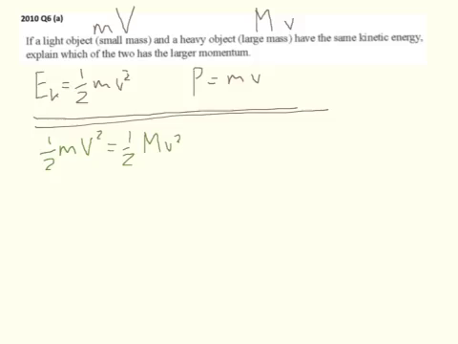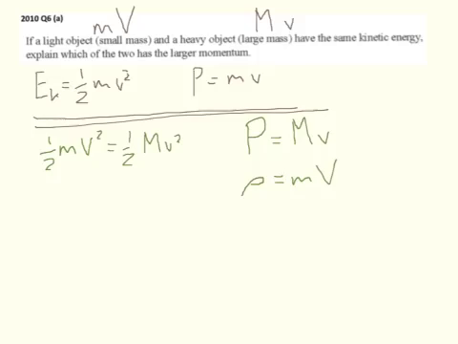We've also got the momentum equation, so the momentum of the large mass, we'll call that a capital P, is going to be large mass times small velocity, and the momentum of the small mass, we'll use rho as a small p, is going to be small mass times large velocity. Okay,